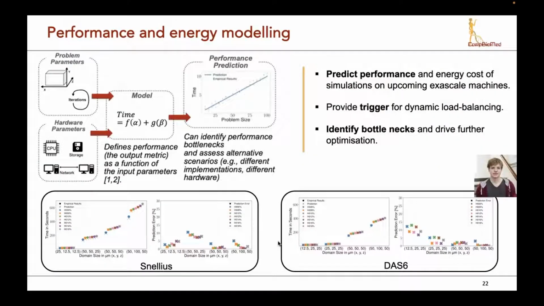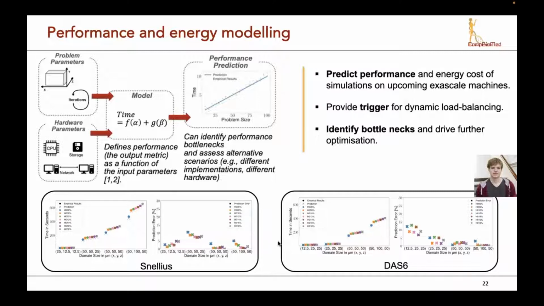There is one caveat with this technique, and that is, how do we know when to do this? Because for such a small simulation, it's a relatively easy task, but as you can imagine, if we go to really large simulations, stopping the whole simulation, saving the state, redistributing everything and starting up the simulation again has, of course, an additional overhead. So for these reasons, it's getting more and more important to develop performance and also energy